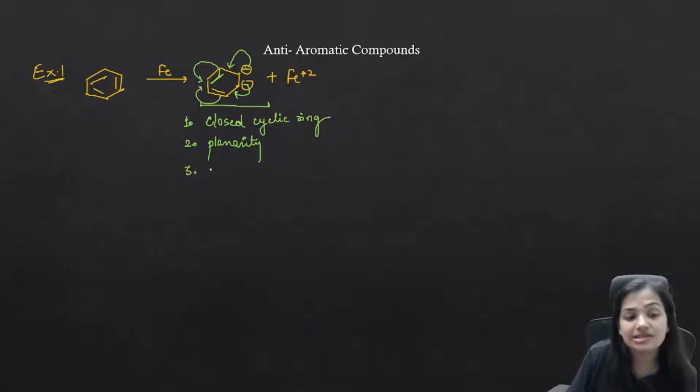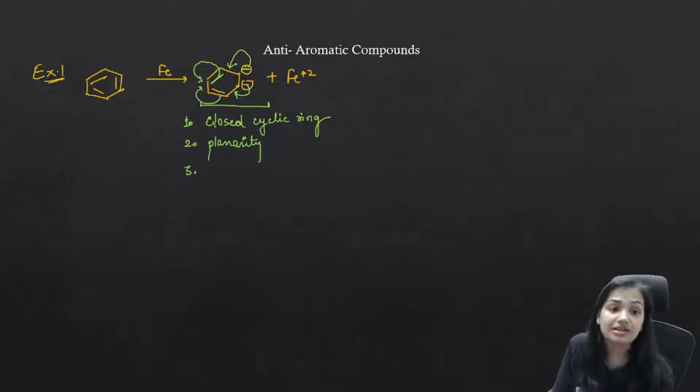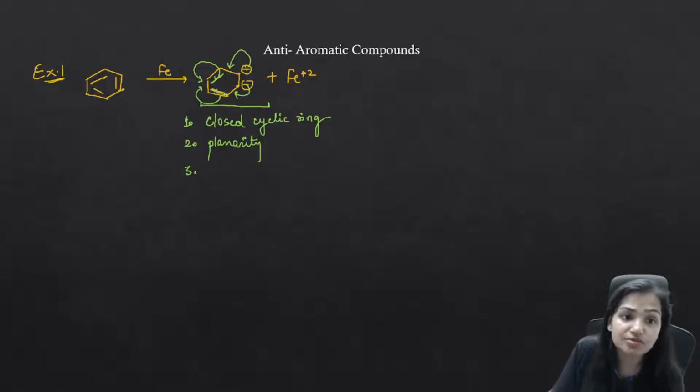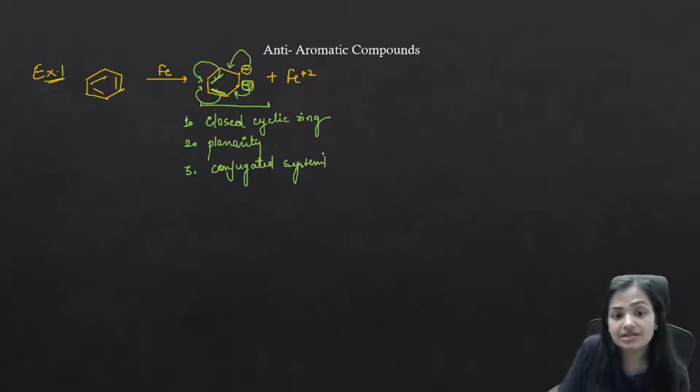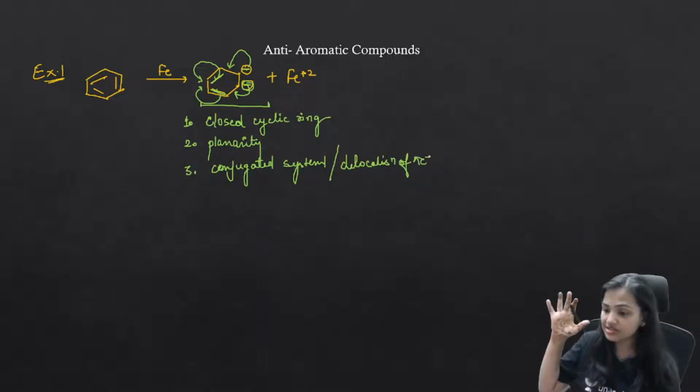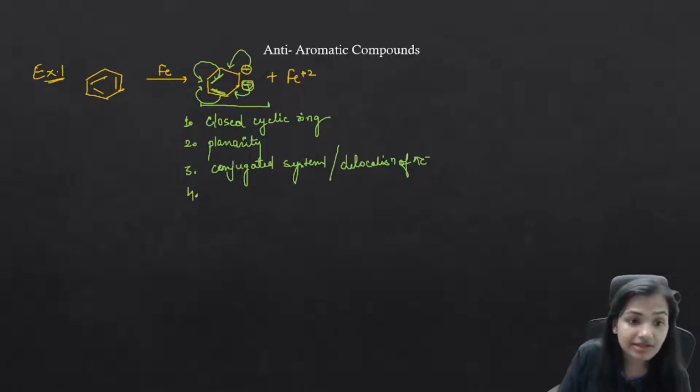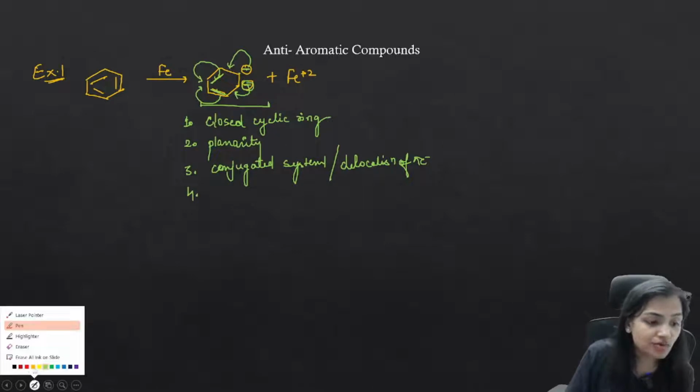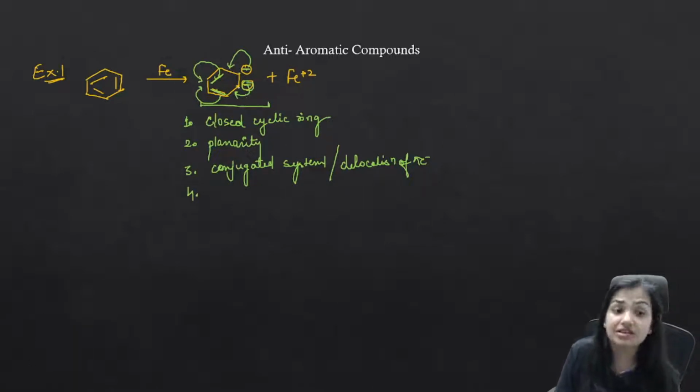Now the third point says, is there a conjugated system? Guys, if you see, this negative is in conjugation with this pi bond, this pi bond is in conjugation, this pi bond, this negative is in conjugation. So yes, this is a conjugated system, and because of the conjugated system, delocalization will occur. Delocalization of pi electrons will be a part of this system. Now the fourth point is asking how many pi electrons there are. Overall, the number of pi electrons participating in the delocalization,